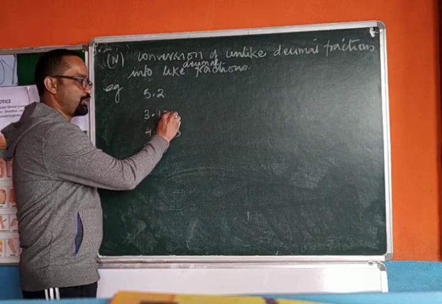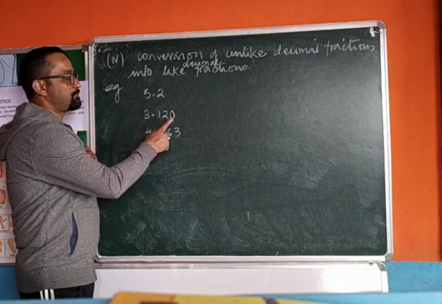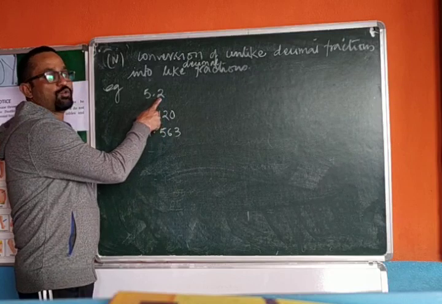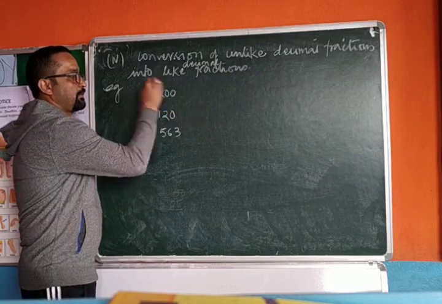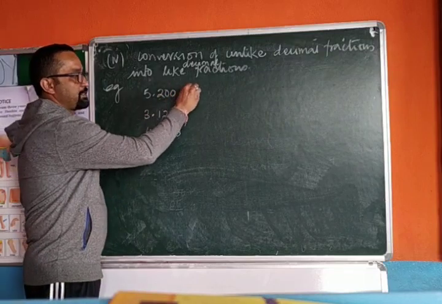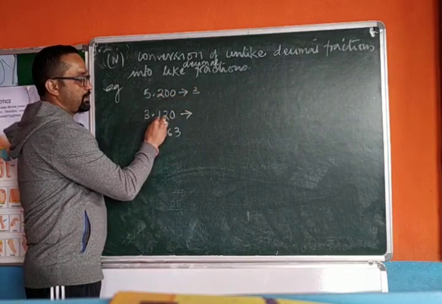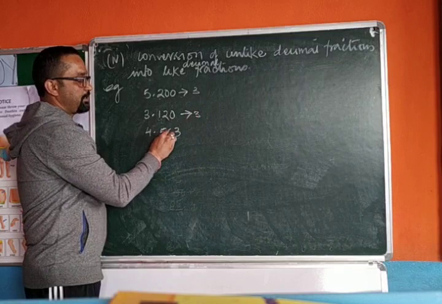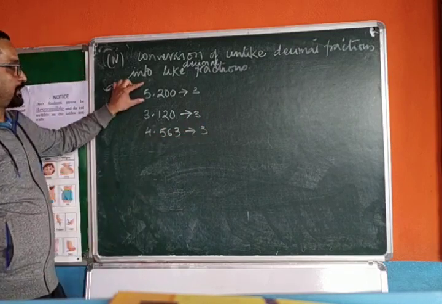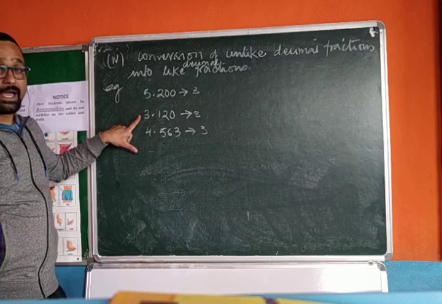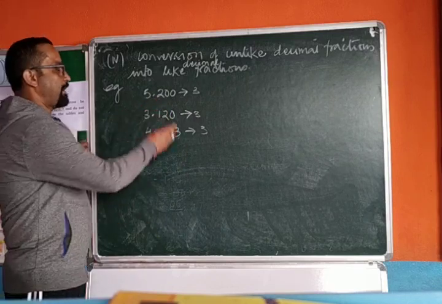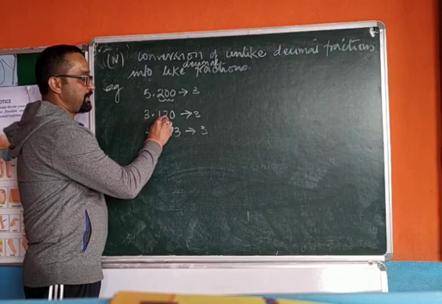If you put 0 here, it becomes 3 places. You have 1 place, 2 zeros. Count how many decimal places? 3. How many decimal places? 3. How many decimal places? 3. So unlike decimals get converted to like decimal fractions by adding 0 and making the number of decimal places